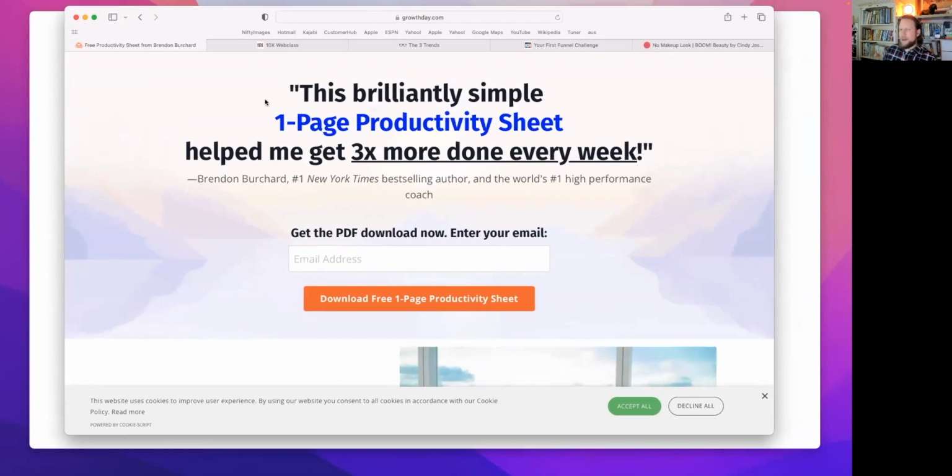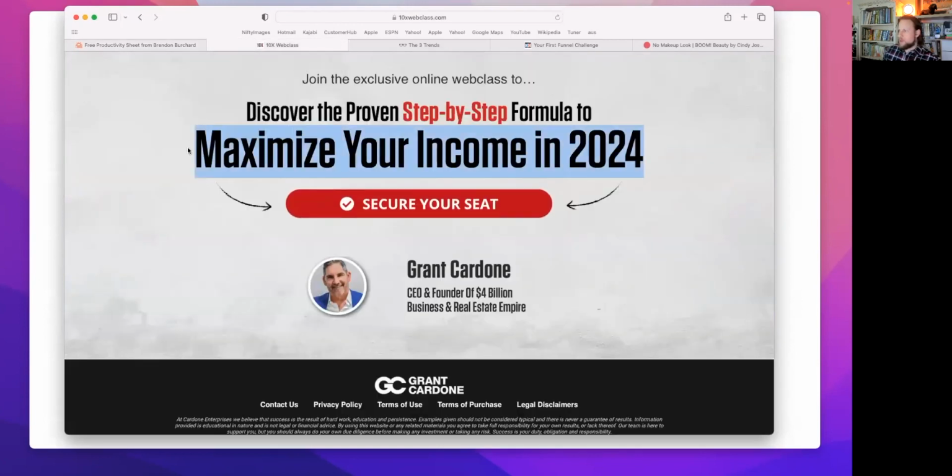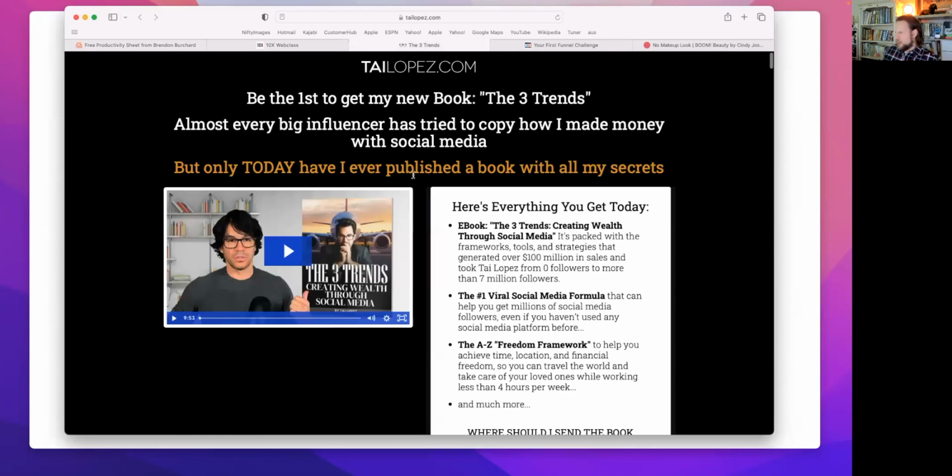So I'm going to give this a 10 out of 10 because it's right there in the headline, get 3 times more done every single week. And it's a 1-page productivity sheet. I'm very happy with this from Brendon Burchard. I like that. This is good copy. Same thing here with Grant Cardone. Maximize your income in 2024. I know exactly what this is about. If we turn to Tai Lopez,